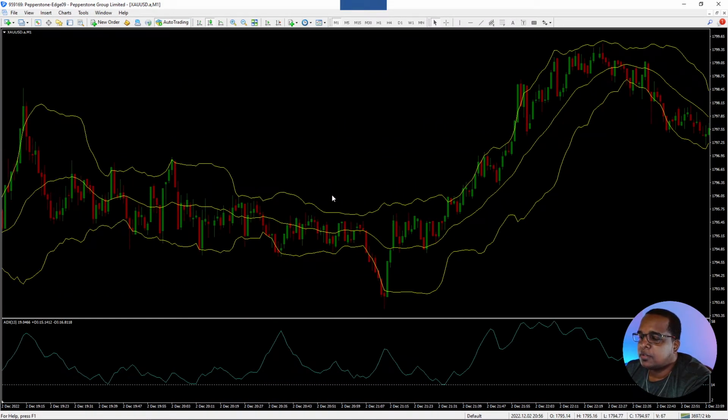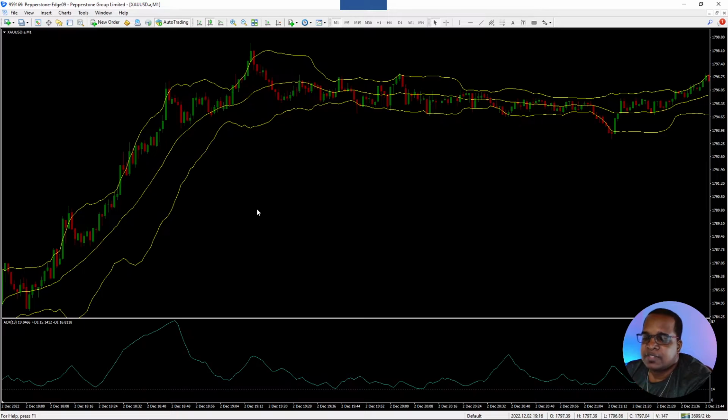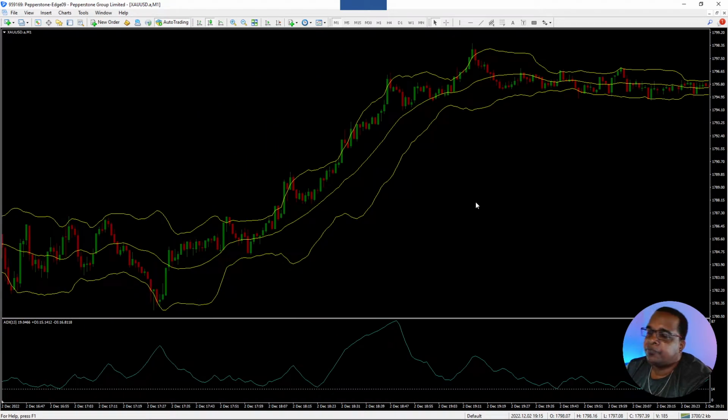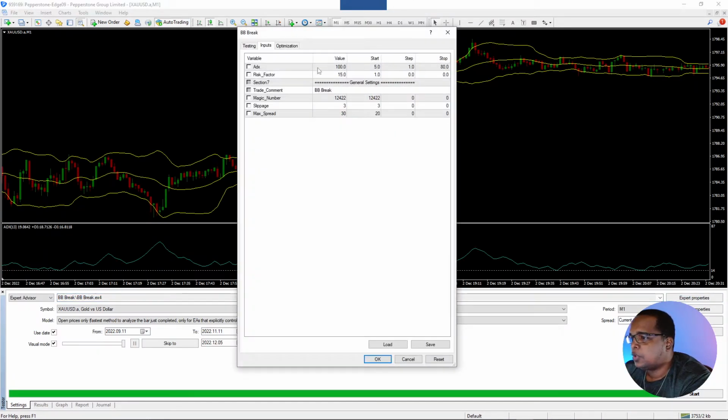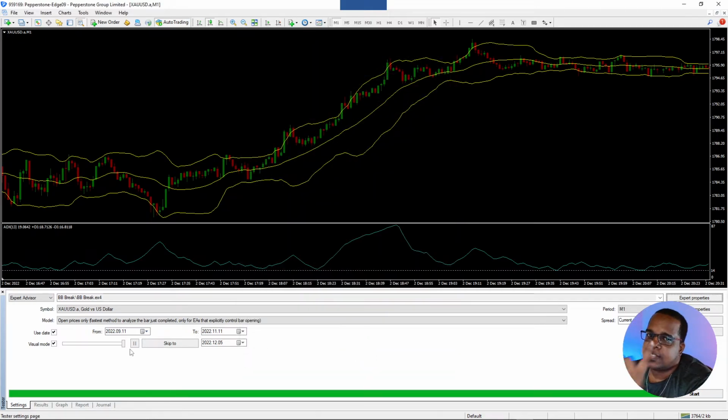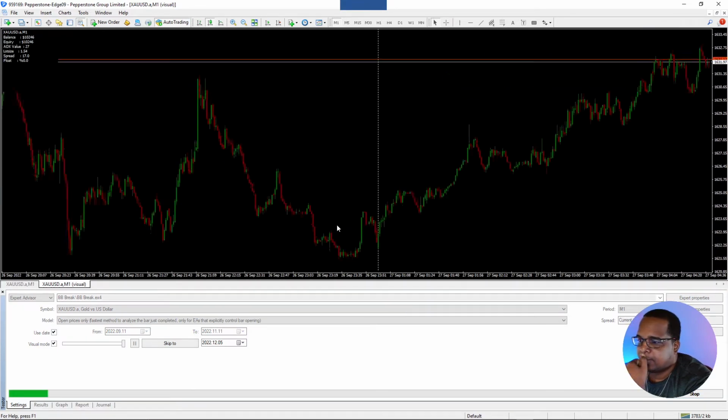Now you can see there aren't a lot of signals, and you could look at this in two ways. It could be a downside that you wouldn't get many signals, but the benefit is that the signals you get would be more reliable. So let me take that same premise, load up the strategy tester, and set the ADX to 14, right? And let me run the same backtest. The only thing we change is the ADX to 14, nothing else has changed. Run the same test,